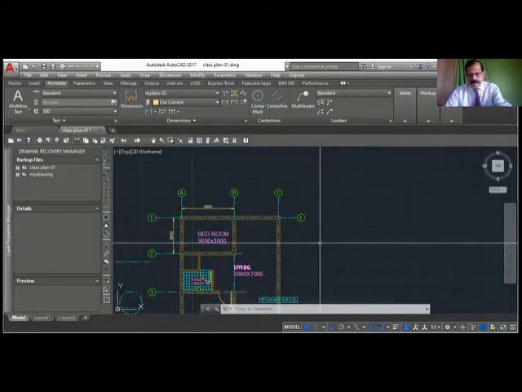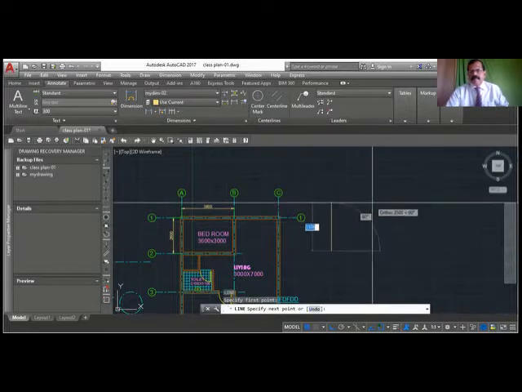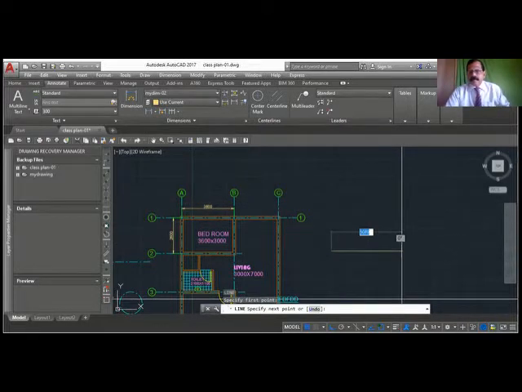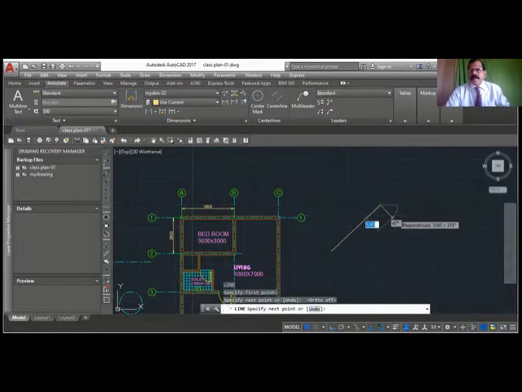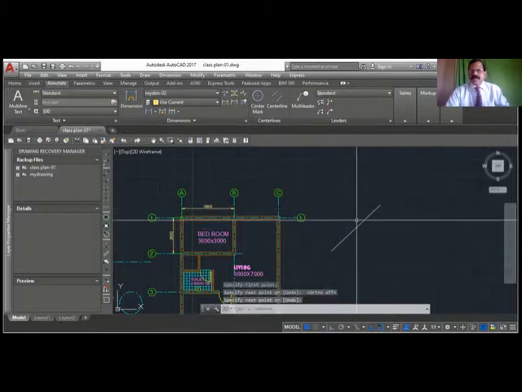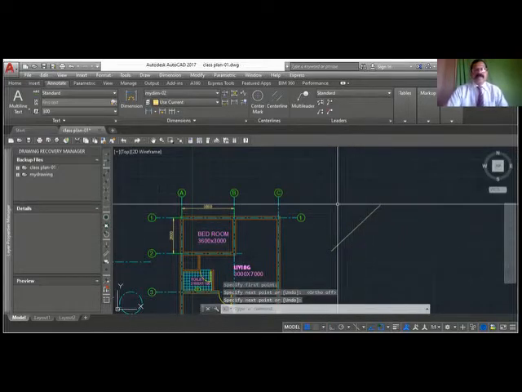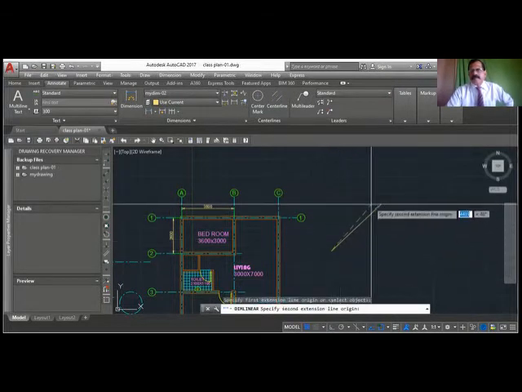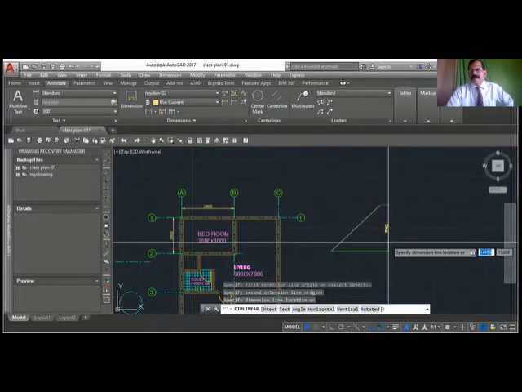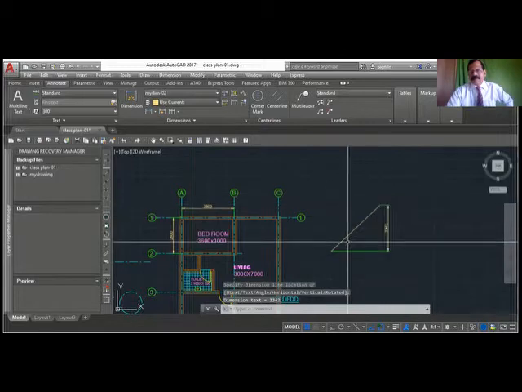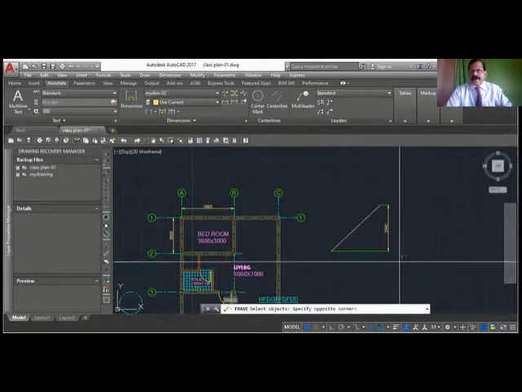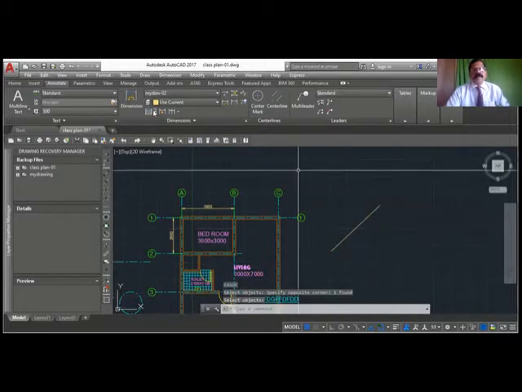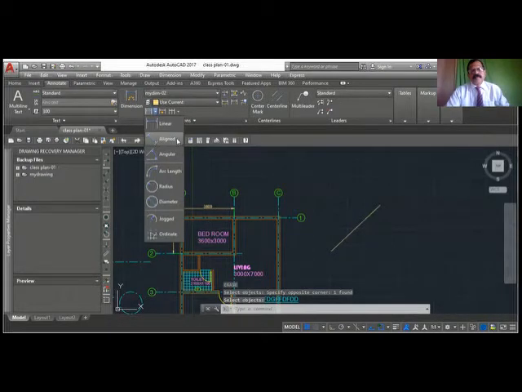Suppose you have an angular line here. I want to do the dimension for this. So this dimlin will not work. Suppose you use the dimlin here. You see here, it is not creating based on that. So you have to use dim align.